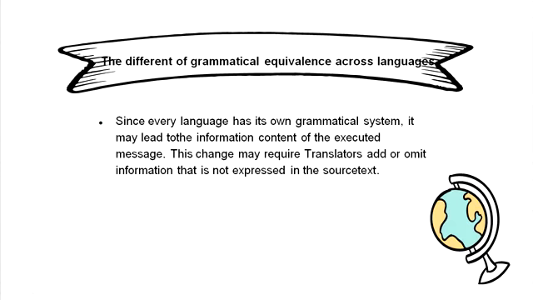Since every language has its own grammatical system, it may lead to a change in the information content of the message. This change may require the translator to add or omit information that is not expressed in the source text. This can occur when the target language lacks a particular grammatical device to express the information in the source text. From Baker, 2011,